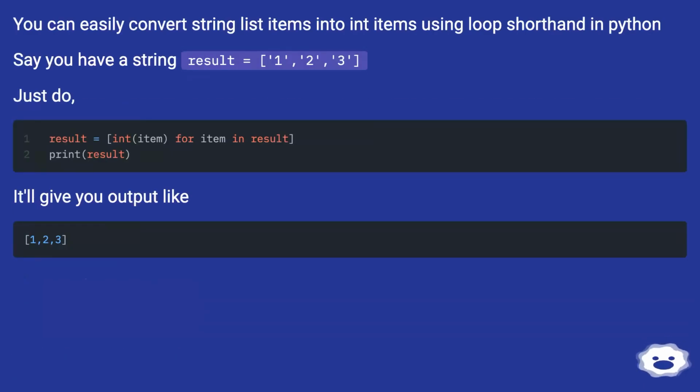You can easily convert string list items into int items using loop shorthand in Python. Say you have a string result equals 1, 2, 3. Just do this. It'll give you output like